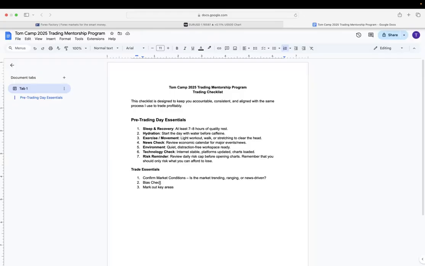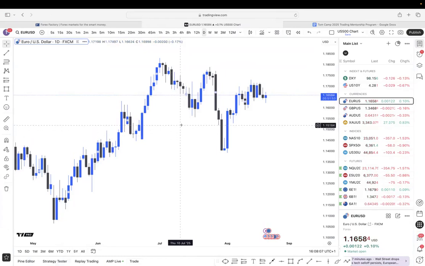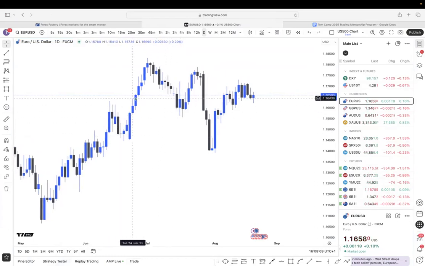So far we've spoken about bias. The next thing we're going to talk about is marking out key areas. This is something people overcomplicate. I want you to just look and observe this EURUSD chart on the daily time frame for just a second